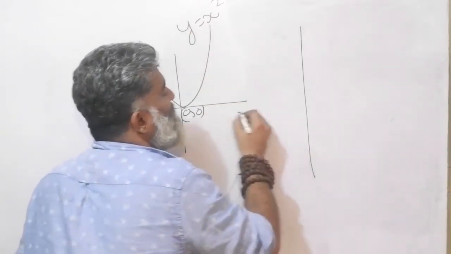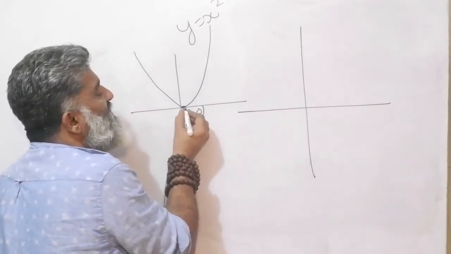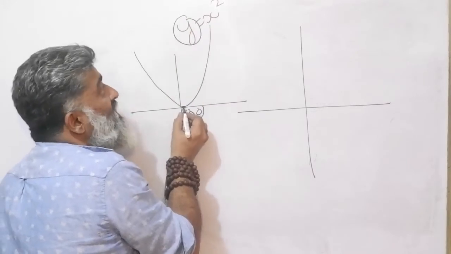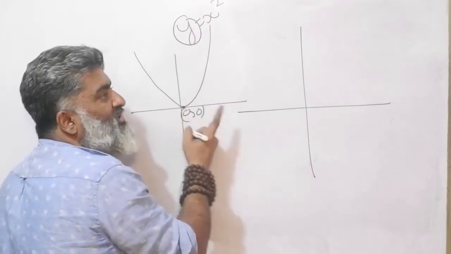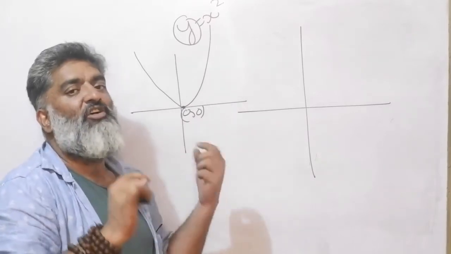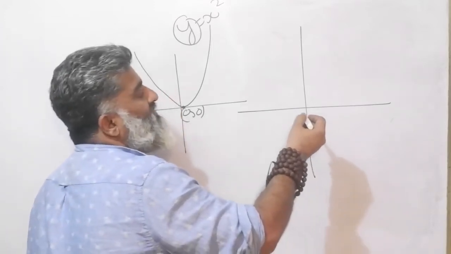So just like so, this is right now passing at 0, 0. That means the value of y is going to be 0 here. That means the root is also 0 and there is only a single root. Right now I'm just connecting the idea of root to the graph. So another example would be for